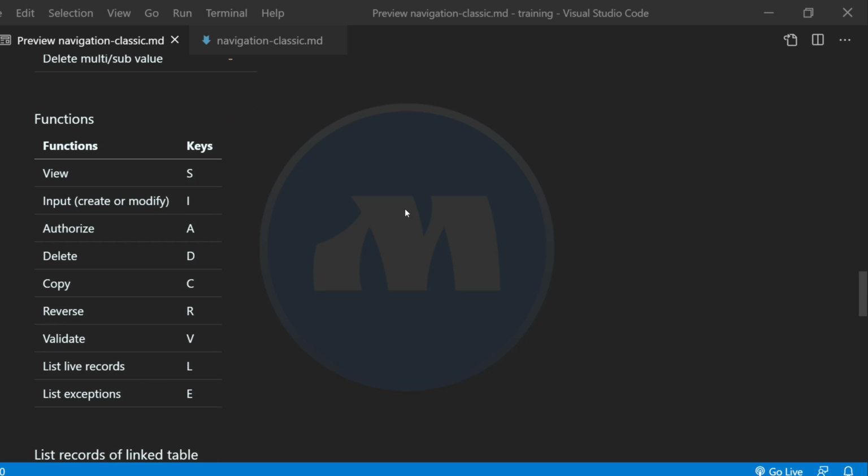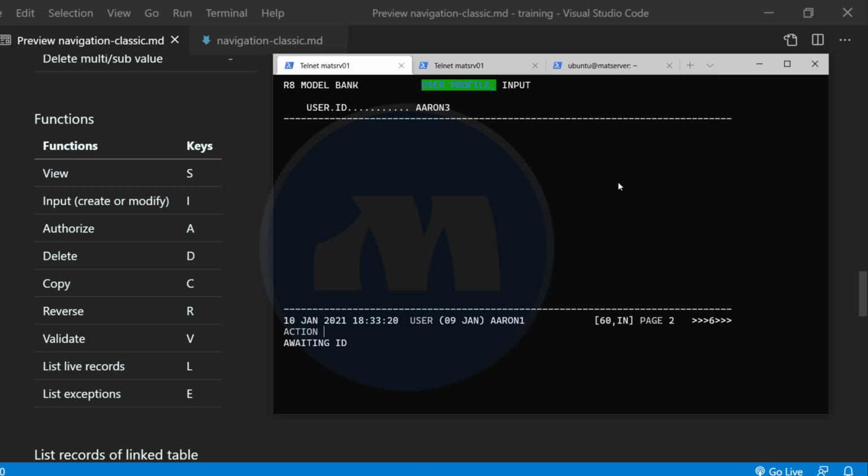Now let's see the functions. There are different functions that you can use in T24. I've listed the most used, but there's also 2, which means second authorization. Now, to view a record, you use S. So if you want to see a record in read-only mode, if you don't want to change the record, for example, I may want to see the user